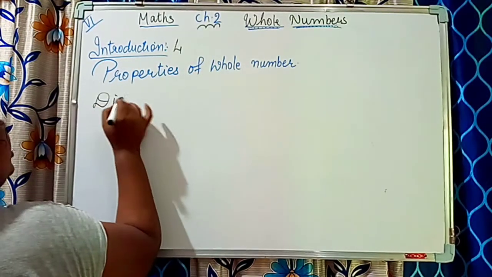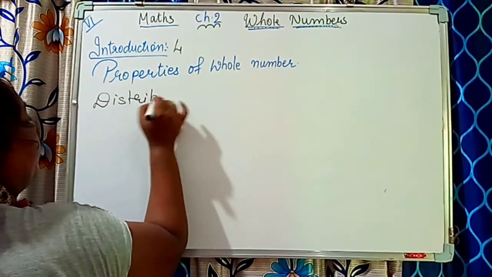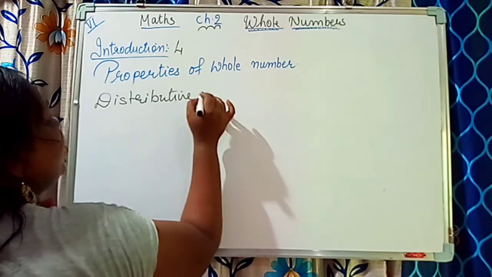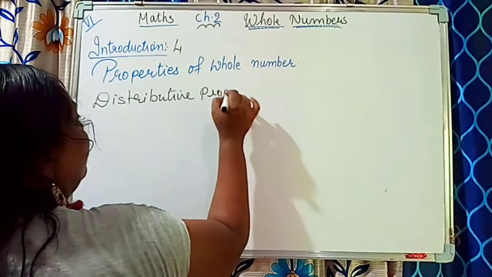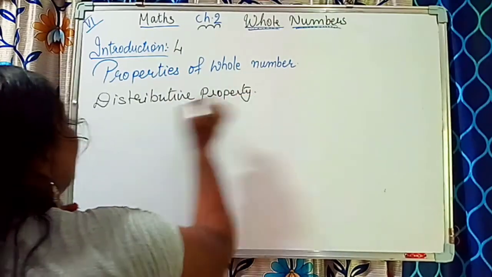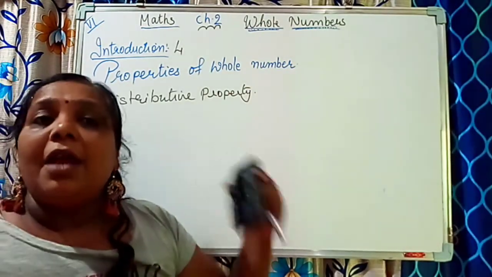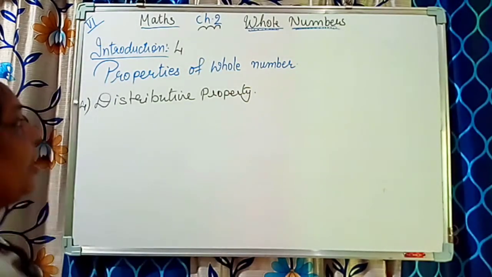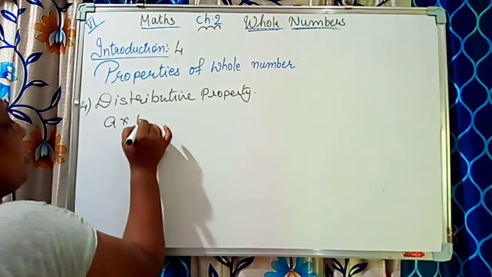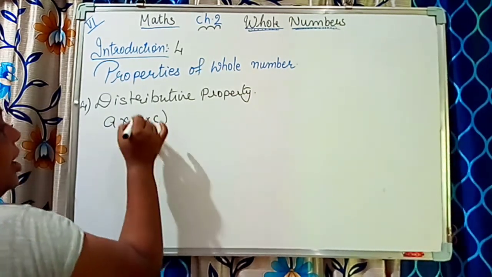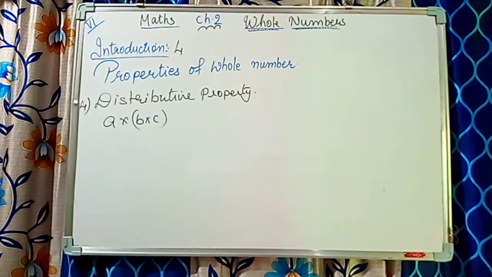Which one is distributive property? It's very easy here also. Very simple formula is there. Just easily we can understand. Okay. Now here distributive property, A into B into C, so you have typed in A bracket. Okay. Now what is there here? In this how we'll get the sums I will explain you.